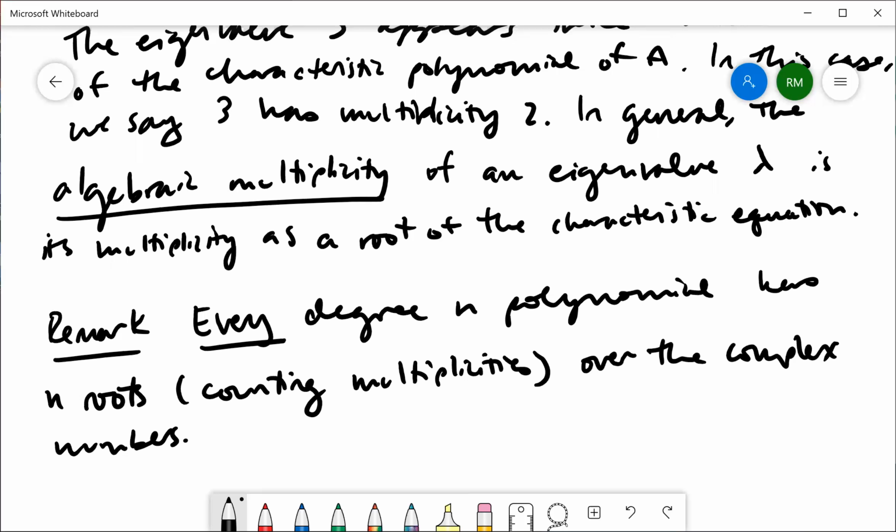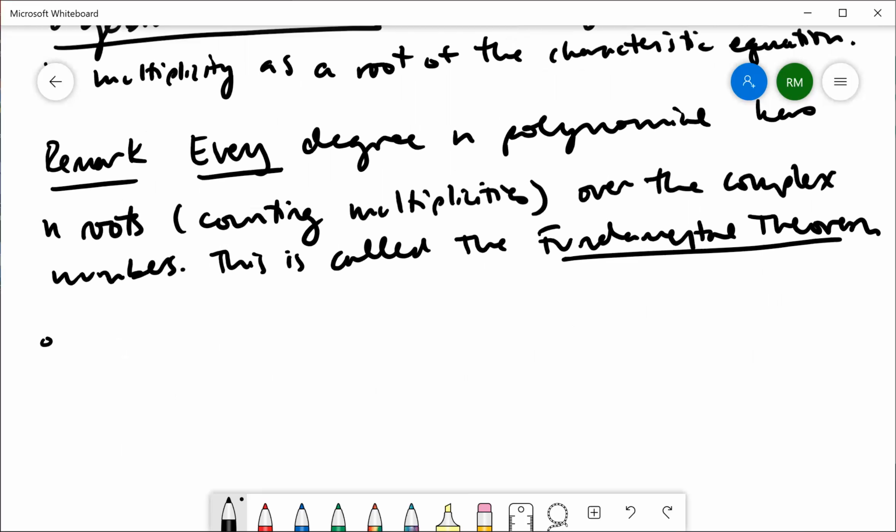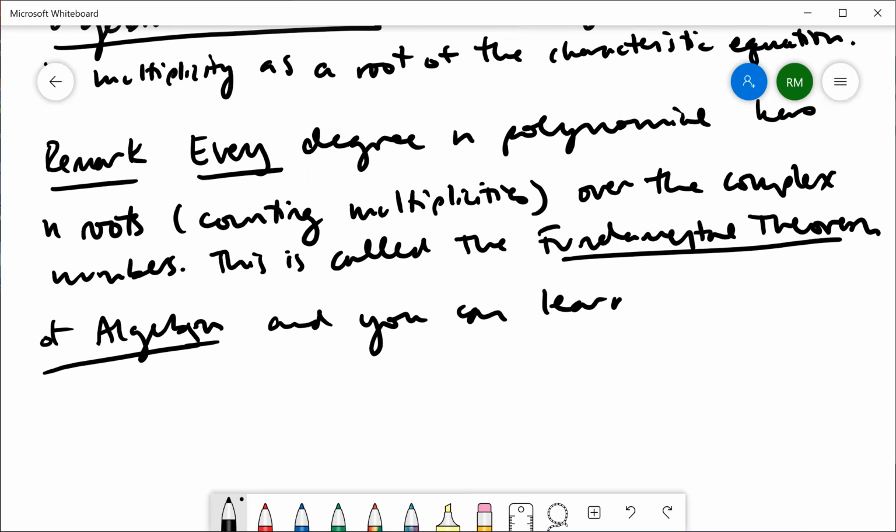This is called the fundamental theorem of algebra. And you can learn about it in complex variables